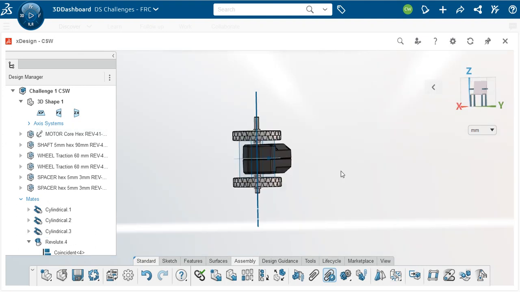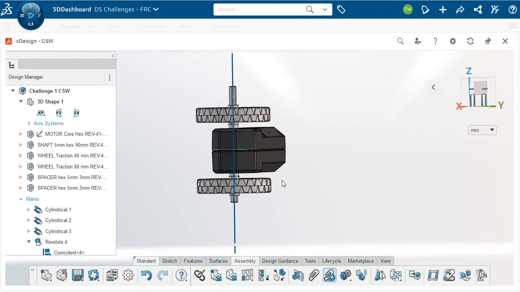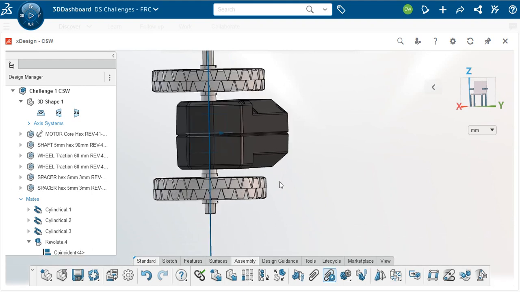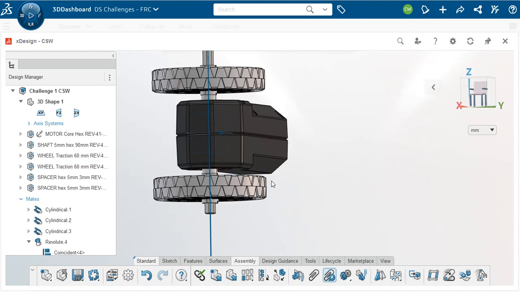Okay, we've returned to the recording, and now I put the other spacer and the other wheel mated to it. So if we peek in here, and what I'm doing is I'm again turning my mouse wheel towards me, and it looks like we have a nice symmetric design, and the wheels are now nicely snugged up against the motor. The one thing the wheels are not snugged up against is, there's nothing that prevents this axle